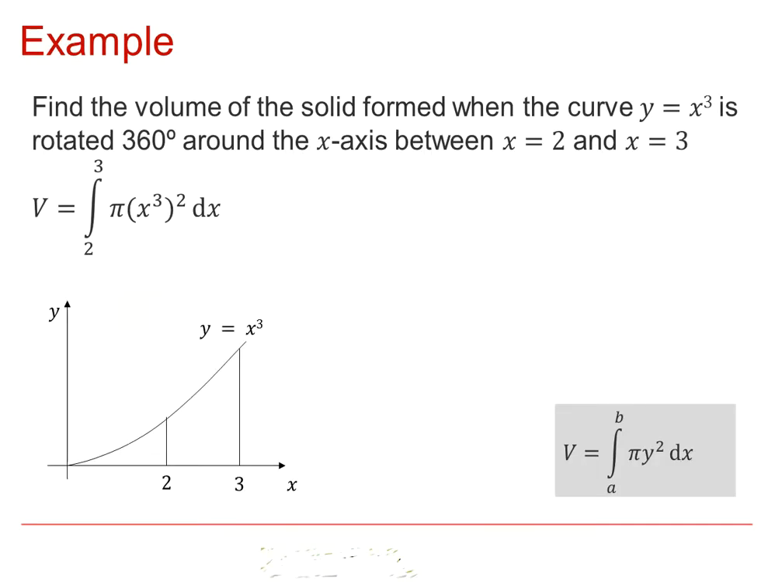In this example here, we have that f of x equals x cubed, and so you can see that the volume will be the integration of pi x cubed then squared, because it's y squared, between x equals 2 and 3 as shown on the diagram. This would integrate to, take the pi out, x to the 7 over 7 between 2 and 3,